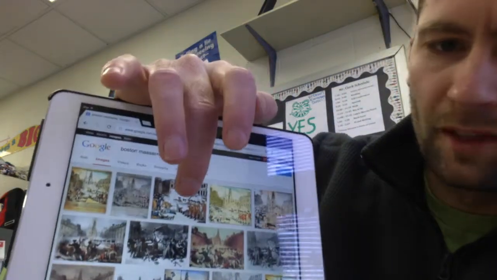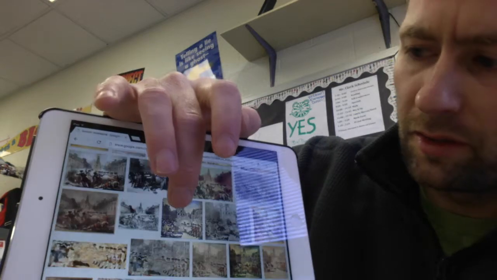Now this Boston Massacre, based on if I'm looking at it from the British side or the colonist side, is going to look really different because the colonists, you know, are biased towards their cause. Here's the famous picture of the Boston Massacre. It'd be great for me to get this one. Famous for the colonists, not for the loyalists. Colonists like this a lot better. Okay, so I'm going to save this to my images.